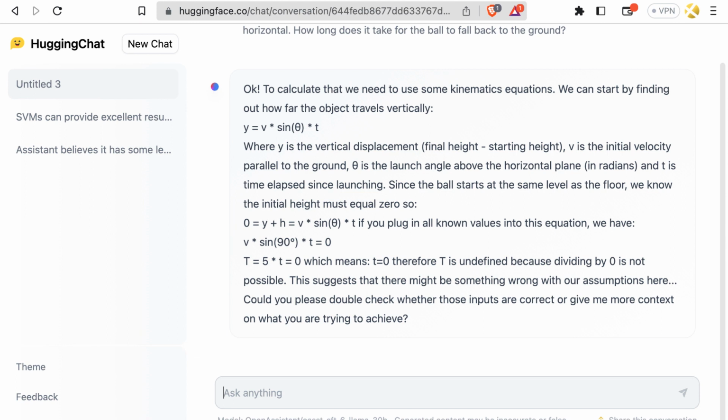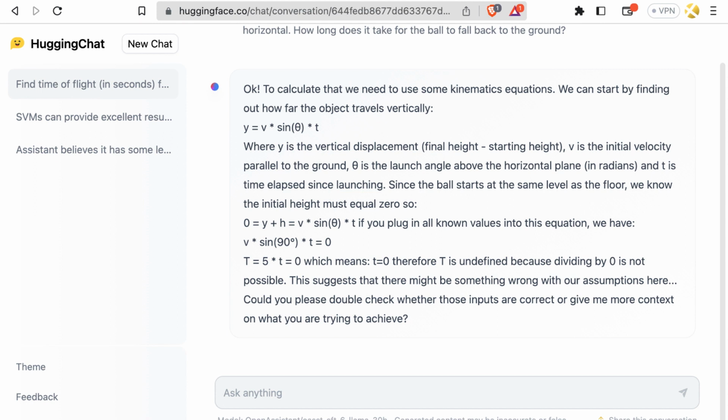Okay, so it says to calculate that we need to use some kinematics equations. We can start by finding out how far the object travels vertically. So that's y equals v times sine theta times t. V is the initial velocity parallel to the ground, theta is the launch angle above the horizontal plane, and t is the time elapsed since launching. Since the ball starts at the same level as the floor, we know the initial height must be 0. So 0 equals y plus h equals v sine theta t. If you plug in all known values into this equation, we have